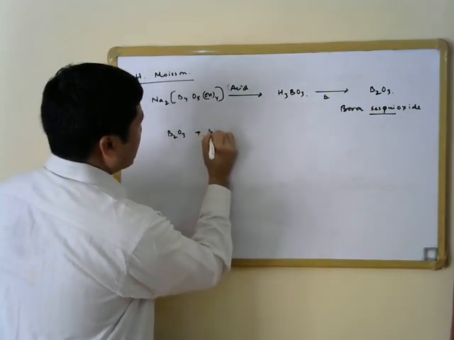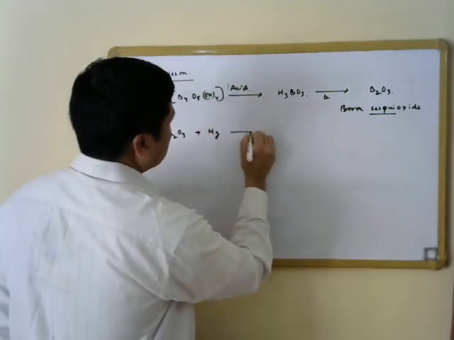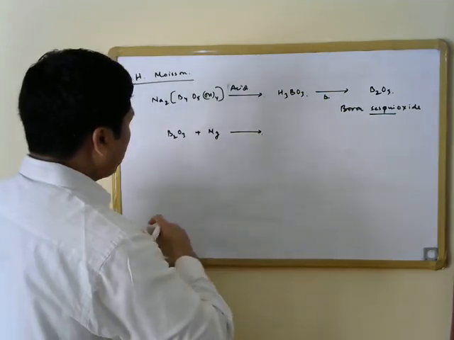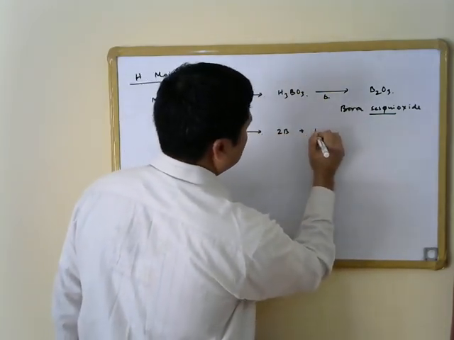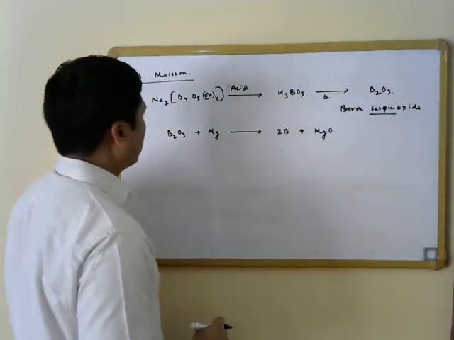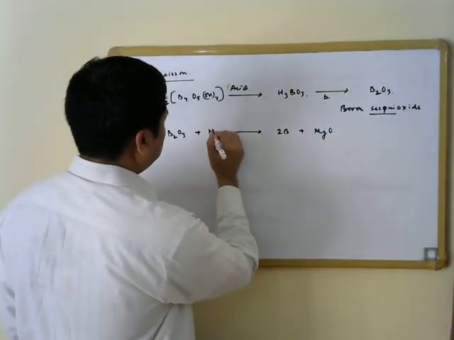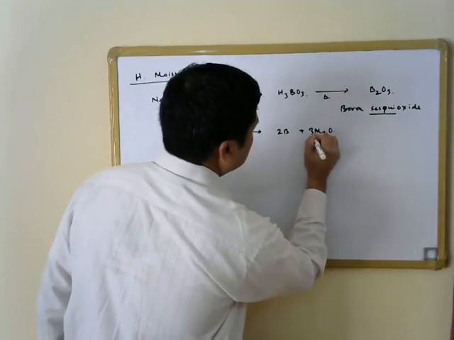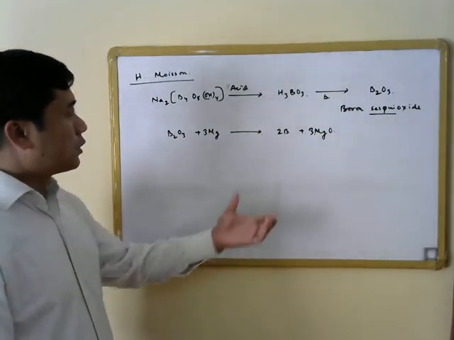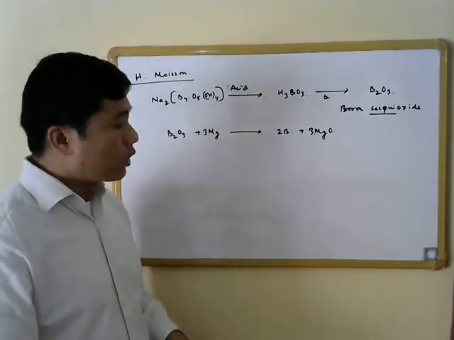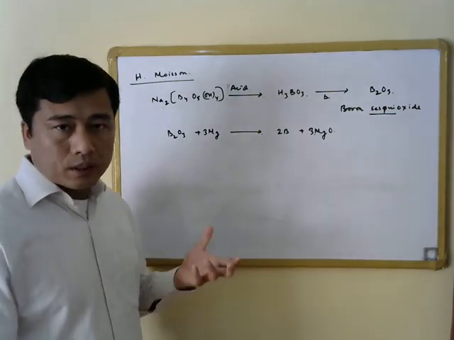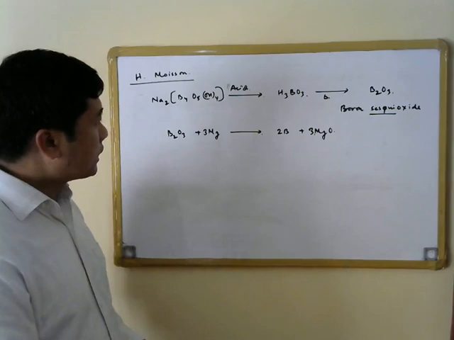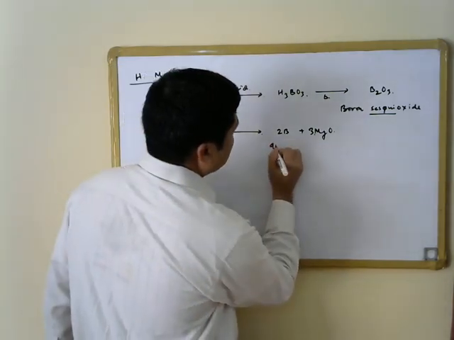So magnesium is going to reduce B2O3 into elemental boron, and if we balance the reaction, it is also going to form magnesium oxide. This particular method of extraction of boron gives you 95 to